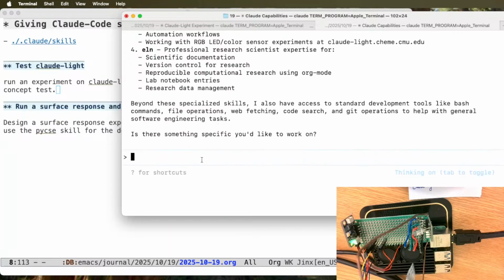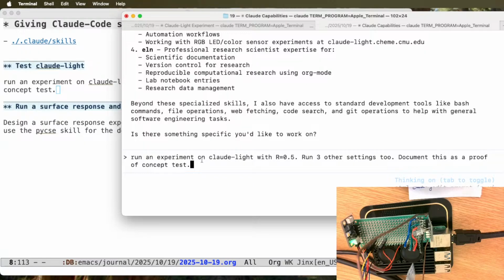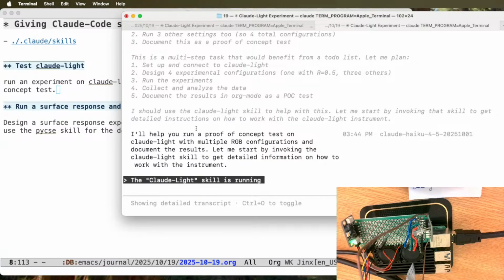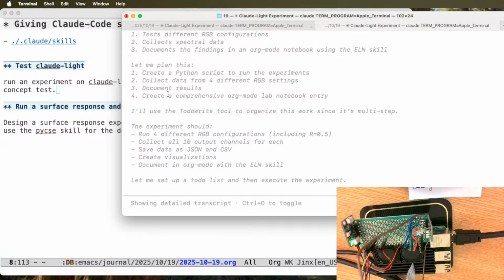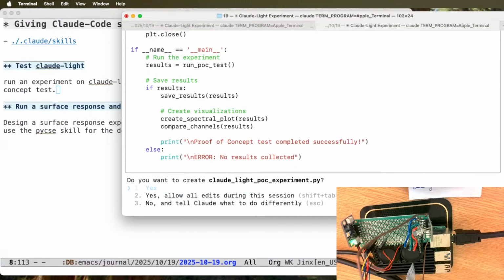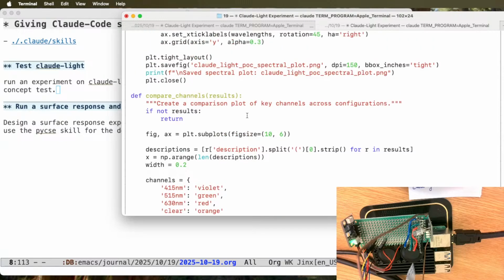And then now I can just say run an experiment on Claude-Light with r equals 0.5, and then run 3 other settings too. And then I ask it to document it as a proof of concept test. So now let's see what happens if I do Control-O. It is running a proof of concept. It's using the Claude-Light skill. It's going to use the to-do list to organize and make sure it's got to do multiple steps. So it's going to write a script, collect data, document results, and at some point it says, do you want to create this proof of concept experiment.py? So it's choosing to write a script,